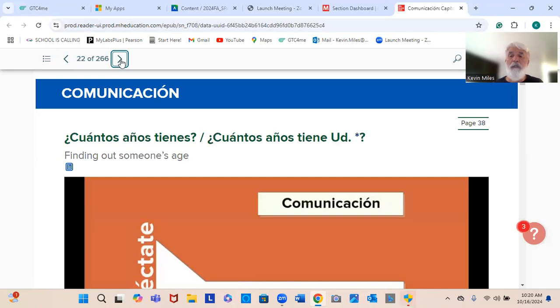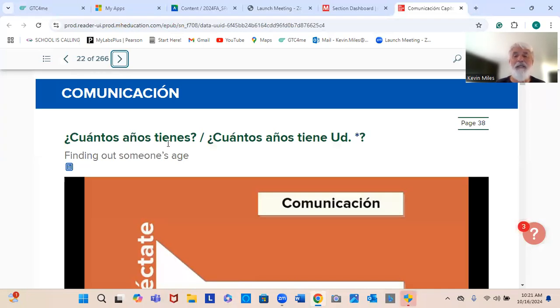And in Spanish, as you know, we have 2 forms of you. If you want to ask someone's age, how old are you, you might want to use the informal you that you would use normally with friends and family, the tú form, or you could use the usted form with somebody you're not familiar with, that you're meeting for the first time. Usted. That's all they want you to see here. Now, how do you ask somebody their age?